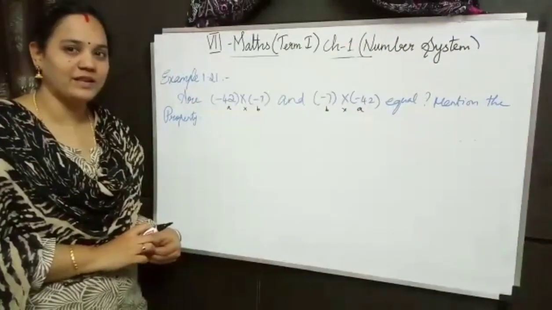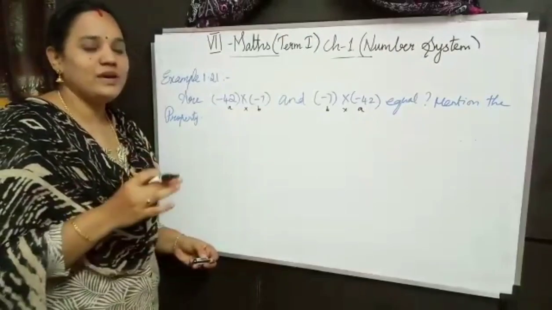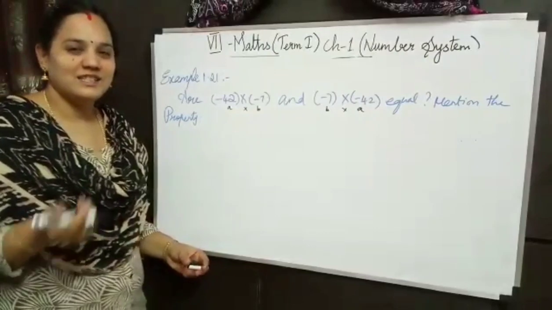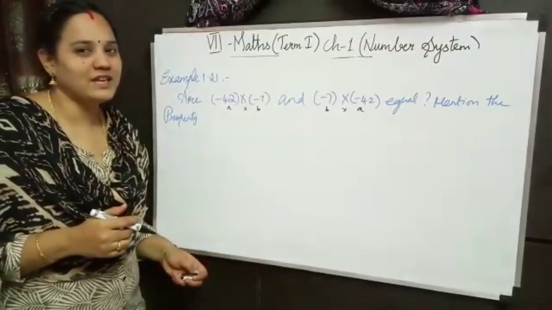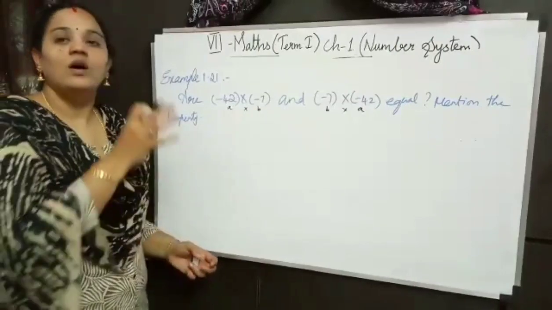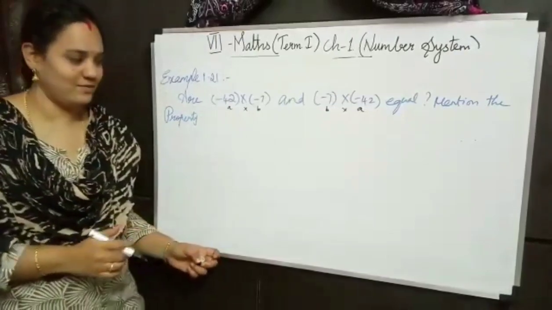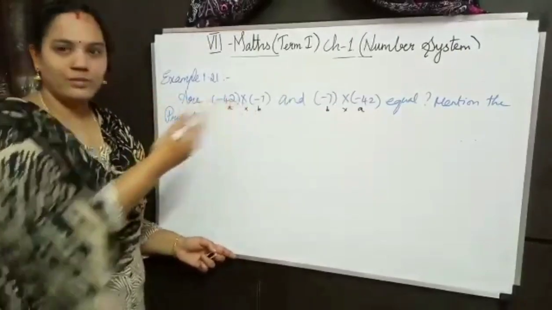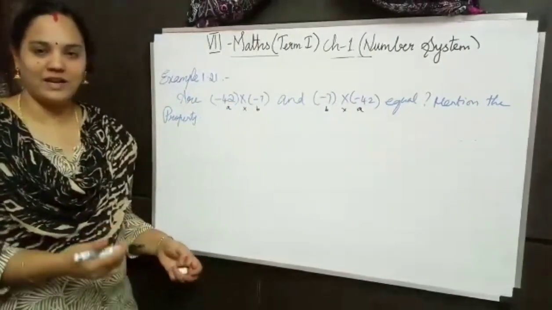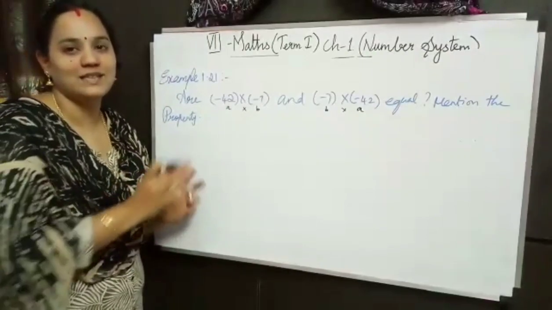Already we have seen the property that if A and B are integers, then A into B is equal to B into A. If the order of the integers changes, there should not be any change in the value of the product. Already we have seen, right? So same thing, we are going to do the problem using appropriate steps, and then only we have to write the answer. But already you might have known the property. What property does it belong to? Yes, it is commutative property. Finally, we can write the answer. Now, we have to find out the values and we have to prove that it is equal first.